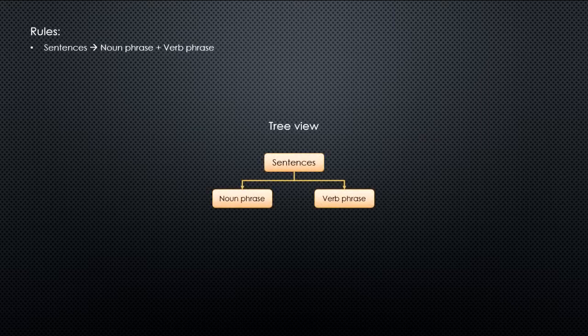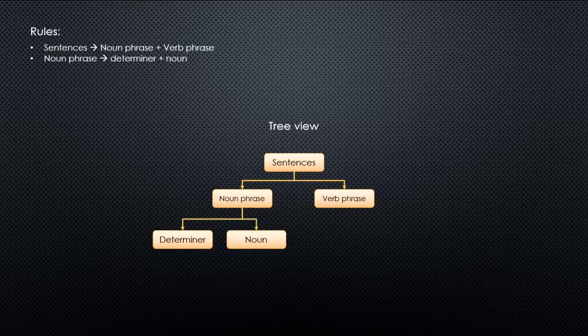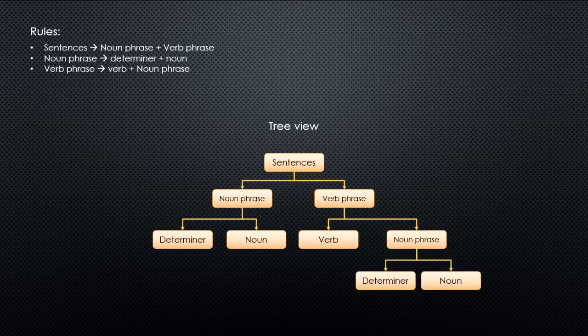To do this, we use a modified form of generative grammar. To understand generative grammar, let's consider the following rule. A sentence can consist of a noun phrase followed by a verb phrase. Another rule says that a noun phrase consists of a determiner and a noun. And a third rule says that a verb phrase consists of a verb and then a noun phrase. Rules like these can be used to generate grammatically correct sentences. And as we add more rules, more and more complex and varied sentences can be generated.